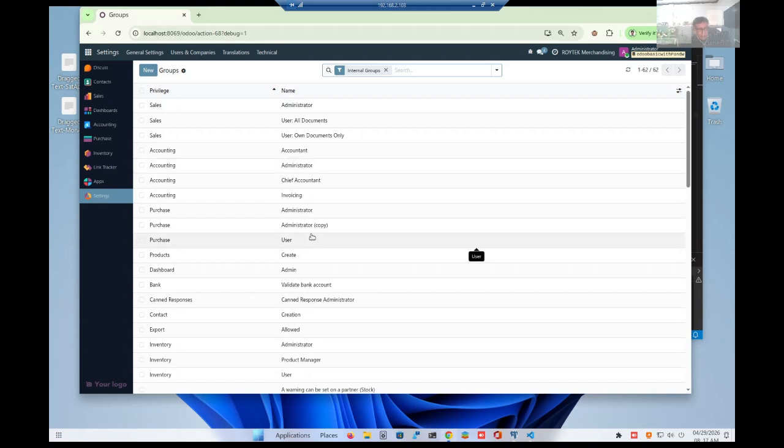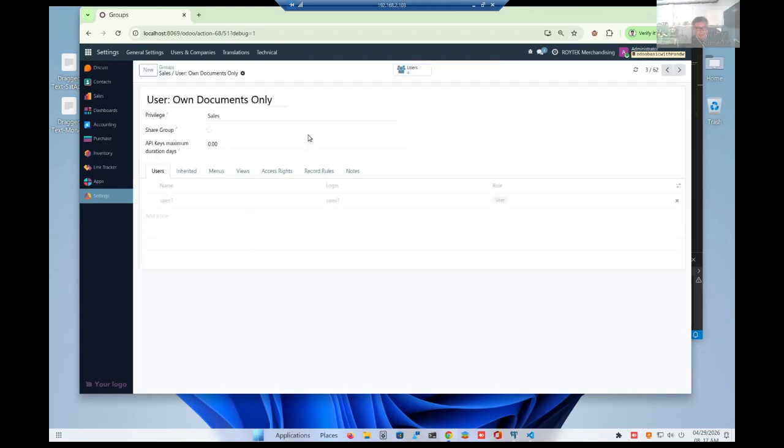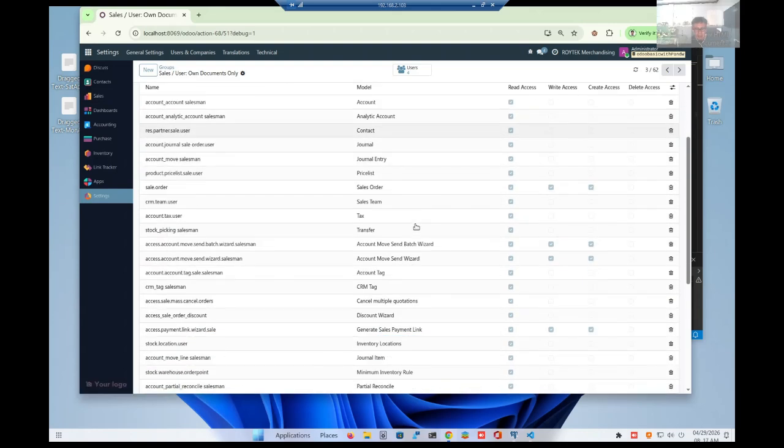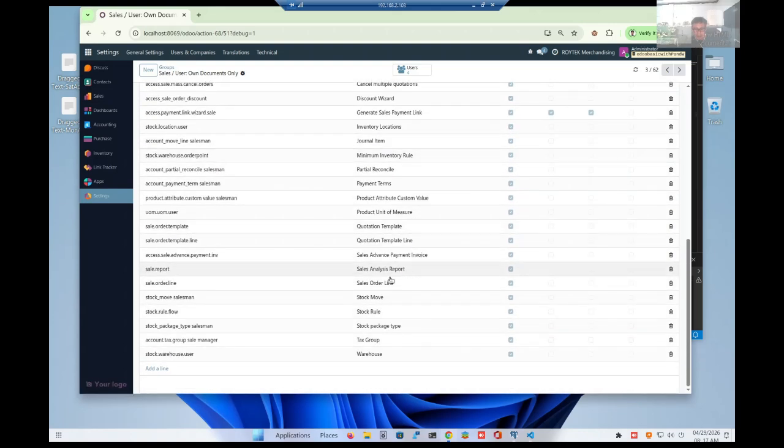If you already have one, kindly check, don't add it anymore. But if you don't have one, we go to this part and we go to access rights and we look for sales order line. There it is. It really has no read, write and also delete access. It's okay, we didn't create a new access right, we just augmented it.